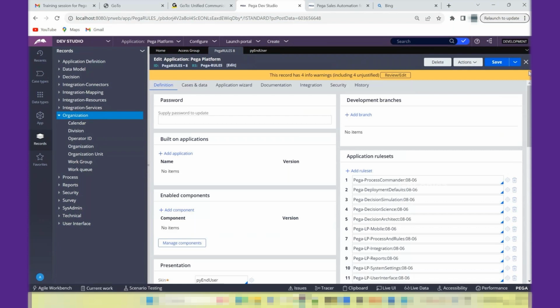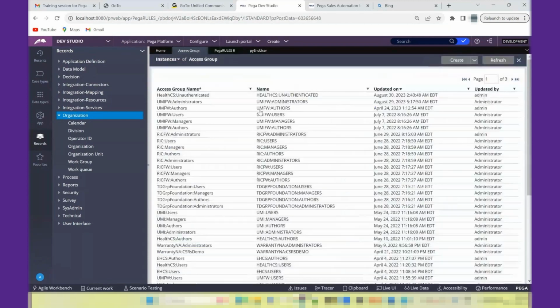Would we be able to view the current skin in the end user portal? Sorry, can you repeat? If we change the skin, would we be able to see the change in the end user portal? Yes. If you change the skin, you can see the change in the end user portal as well. And of course, while you define the portal as well, you have complete authority to update the